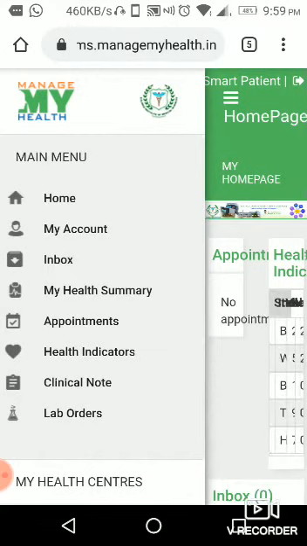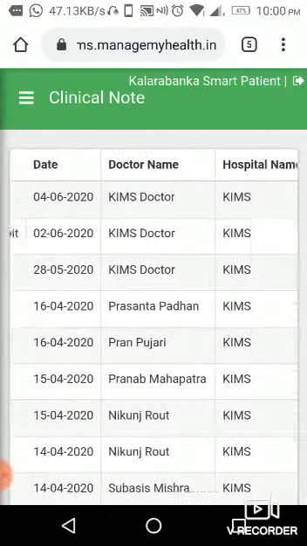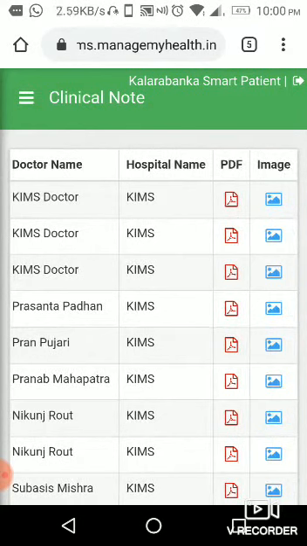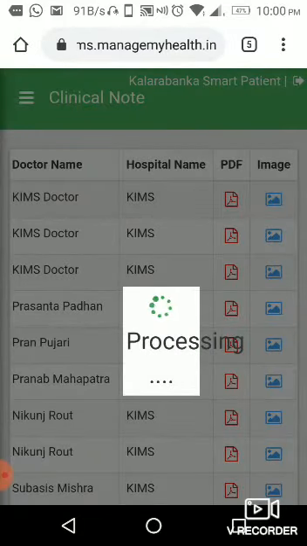Here you will see in the patient profile, in the main menu, you can see the clinical note. Once you click on the clinical note, you will see the PDF format also available, and the image format also available. You can download this. So I am going to show you how the clinical note will show.